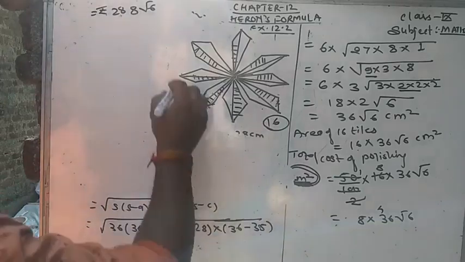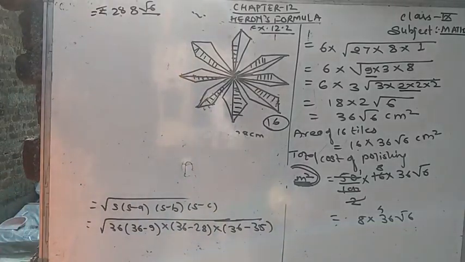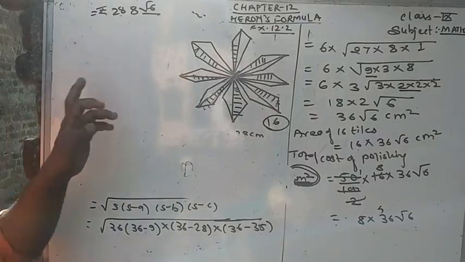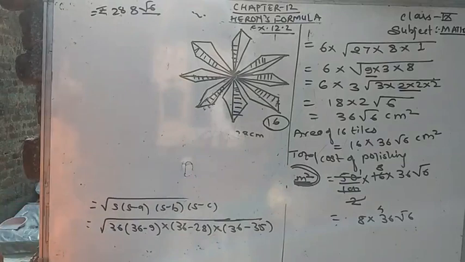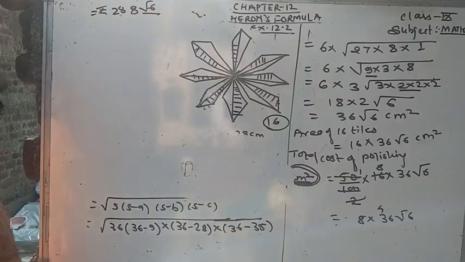But first you need to find the square root of 6, and multiply the square root of 6 by 288, and you will get the answer. So we will find what is the square root of 6. The square root of 6 is